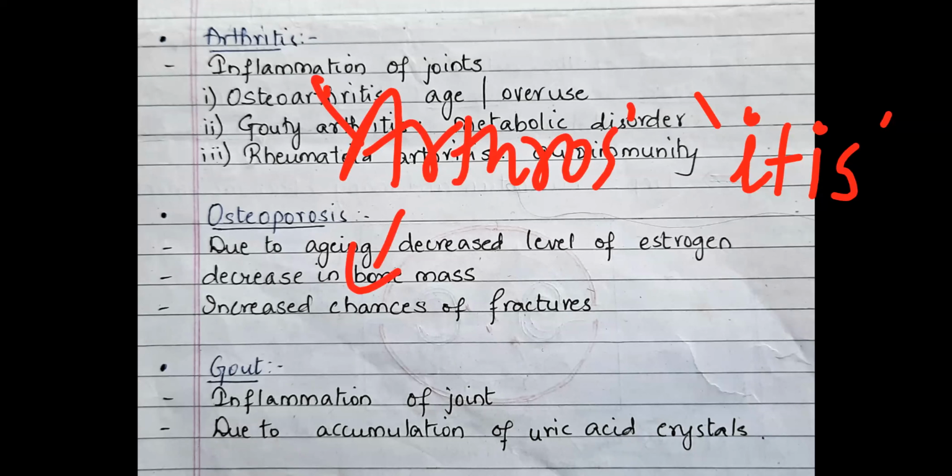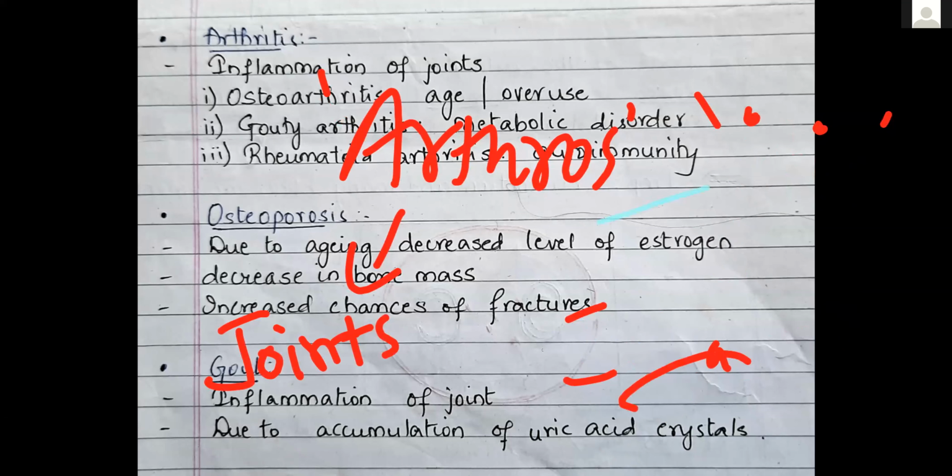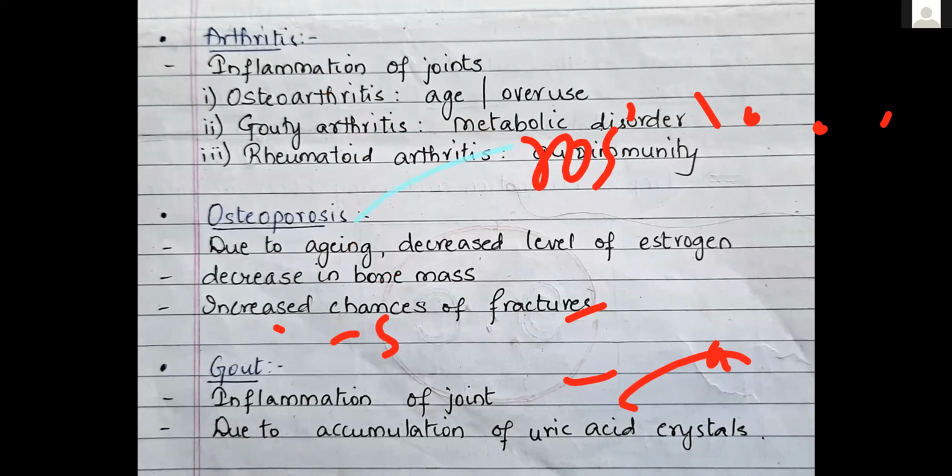arthros term refers to what? itis का तो मीनिंग होता है inflammation, but arthros is for what? Joints. Inflammation of joints. देखिए जब भी किसी जॉइंट पे अटैक होता है, इन्फ्लेमेशन होता है, डैमेज होता है, तो भी इससे आर्थराइटिस हो गया। अब ये डैमेज तीन तरीके से हो